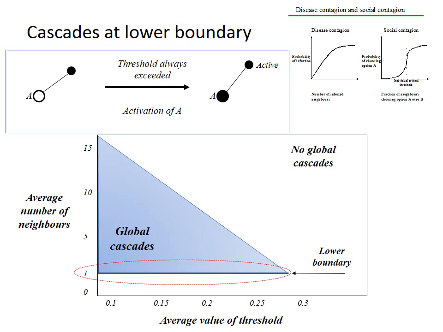Now, if you're in this condition, that low number of neighbors, the average value threshold becomes irrelevant. Why does it become irrelevant? Because if you just have one neighbor, it doesn't matter how large your threshold is, from 0 to 1, if one person in your network switches, you switch as well. So under conditions of a sparsely connected network, individuals in the network are very sensitive to new ideas.